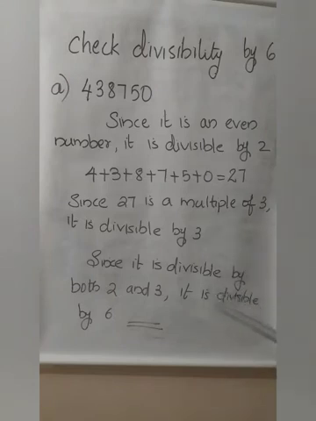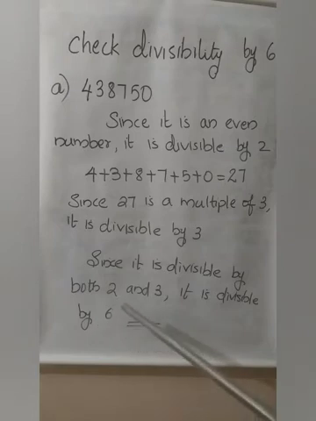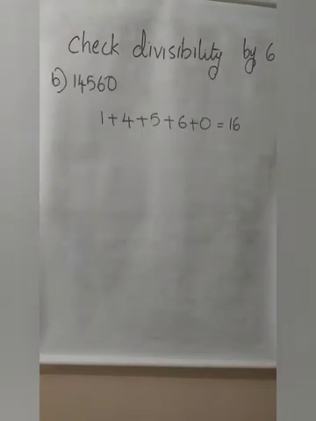What is the condition? It is divisible by both 2 and 3. That is the important one. Not any one. It should be divisible with both 2 and 3. Then you can say the number is divisible by 6. If in some cases it is divisible by 2 but not divisible by 3, it means the number is not divisible by 6. We can look at that example. So next example,